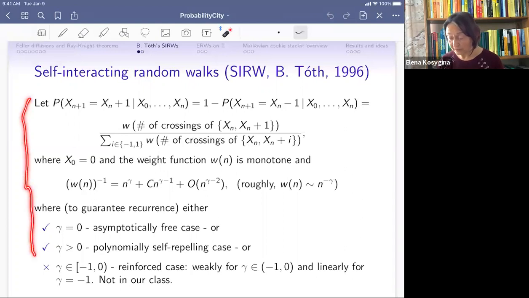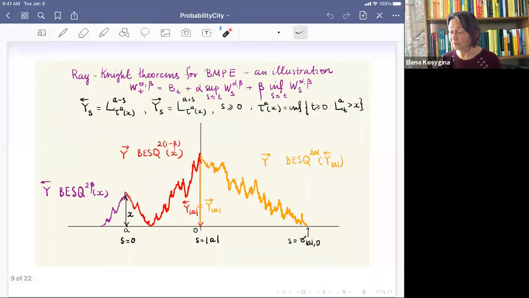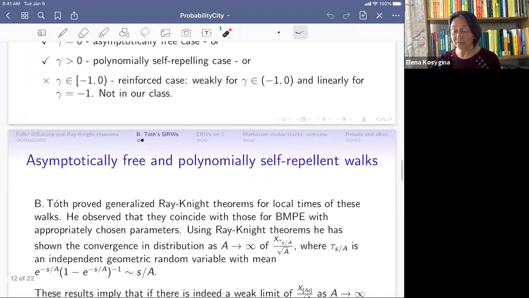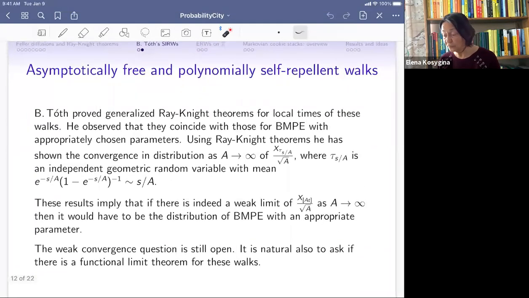And he was able to recognize the fact that the limiting diffusions he obtained completely match those for Ray-Knight theorems for Brownian motion perturbed at extrema with corresponding parameters. I'm not stating the parameters here, but then it was natural to suggest that maybe these self-interacting random walks have scaling limits, and there is convergence to Brownian motion perturbed at extrema. And indeed, he was able to prove not the full result, but using these Ray-Knight theorems as a tool, he proved the convergence in distribution as A goes to infinity of these processes, where